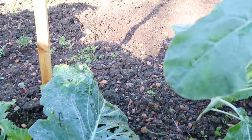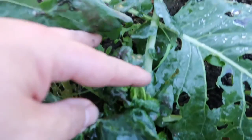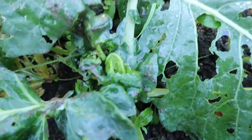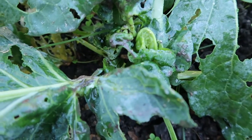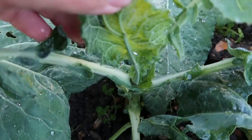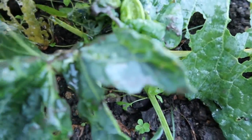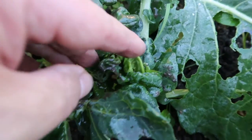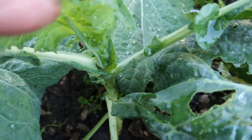There's a couple, I need to check and see which these are, but there's a couple of plants that have got this very hard kind of emergent centre. That's kind of, I think, what it normally looks like. So it's just a young leaf growing. This one, oh, maybe it's just not far enough along, but it's much harder,